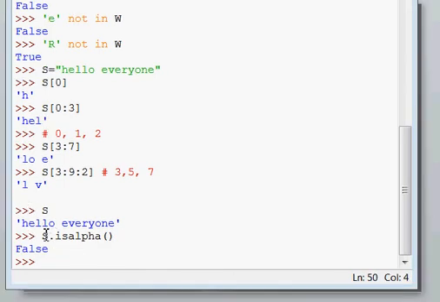See, it is checking whether S contains alphabets only. Alphabets means A to Z, that may be small or capital.